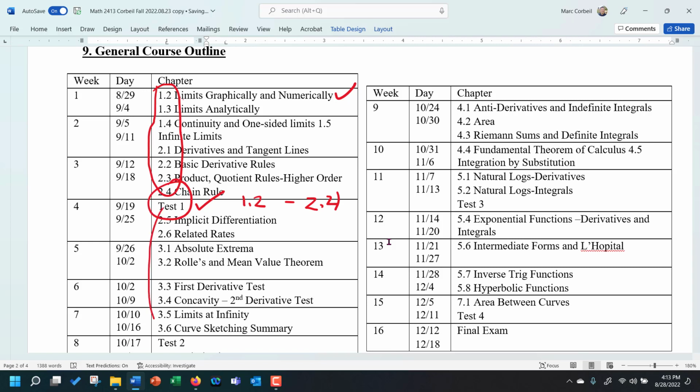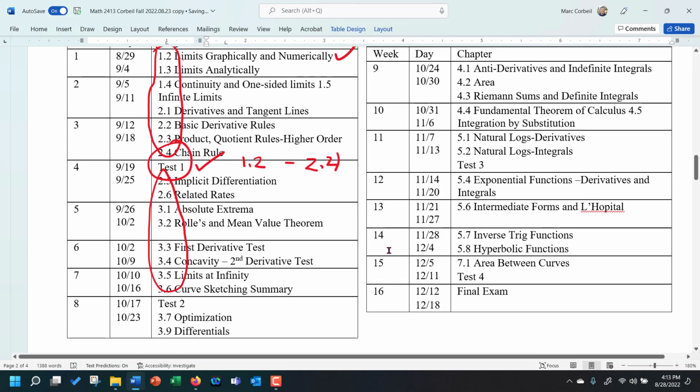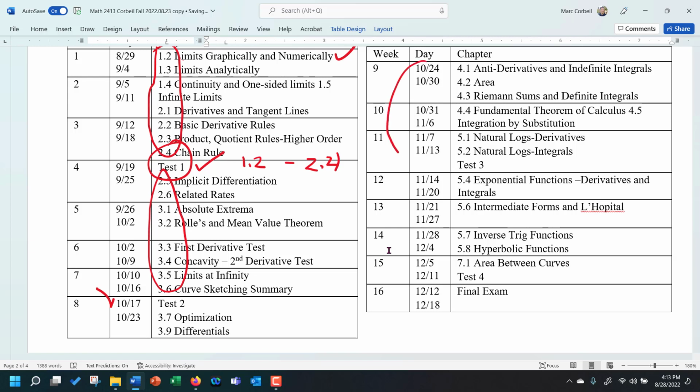And then we're going to go down the next quarter of the course, and we'll do test 2 on October 17th. And then we're going to do the next quarter of the course here, antiderivatives, all of that. And our next test will be on the 13th of November. And then we will do the last quarter of the course. And then we have our final test, which is going to be December 11th, which is a little later than normal. We started a little late this year.